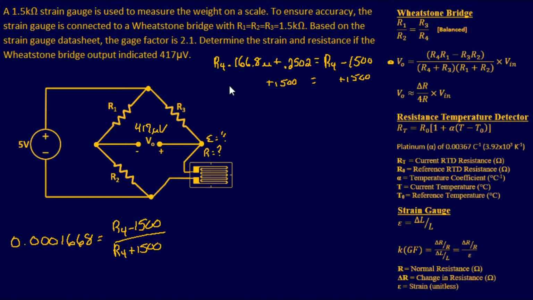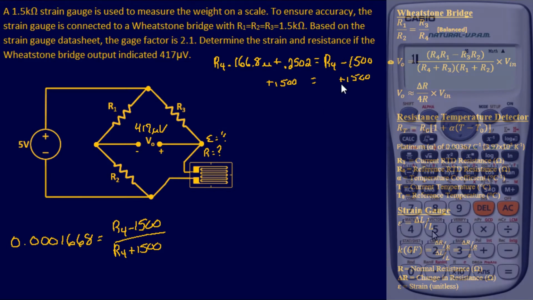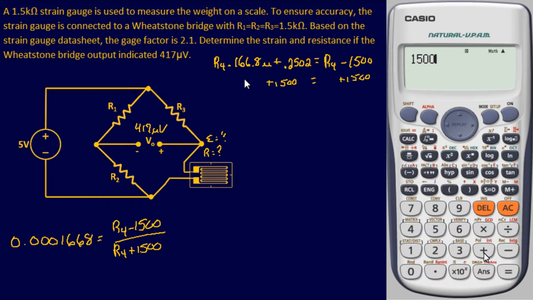Make it easy on me. And I'm going to go ahead and subtract the R4 from this side. So basically I want to put the R4s on one side, and then I put our raw values on the left side. So it's going to look something like this. It's going to say